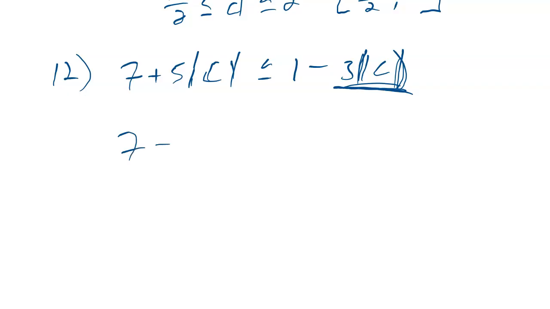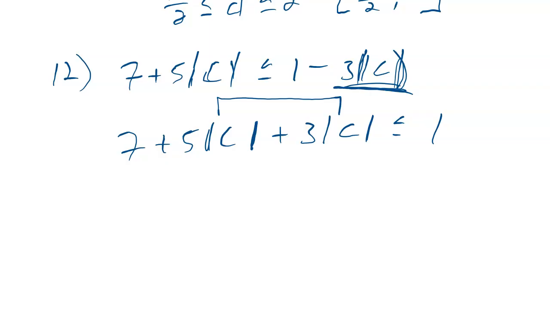I'll get 7 plus 5 absolute value of c plus 3 absolute value of c is less than or equal to 1. And then when I move the 7 over and combine these two like terms, because they really are like terms, it's like from the distributive property, I get 8 absolute value of c is less than or equal